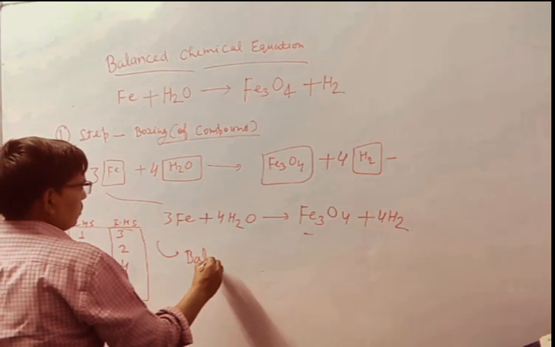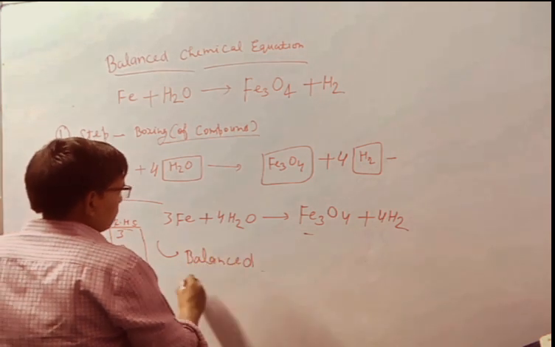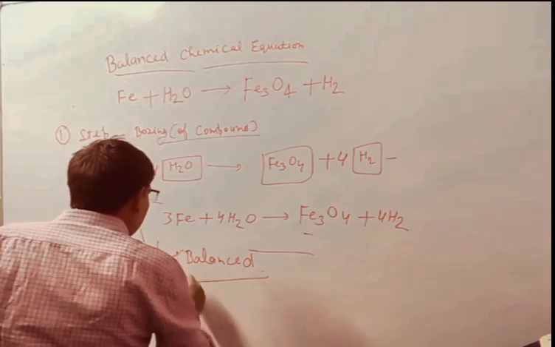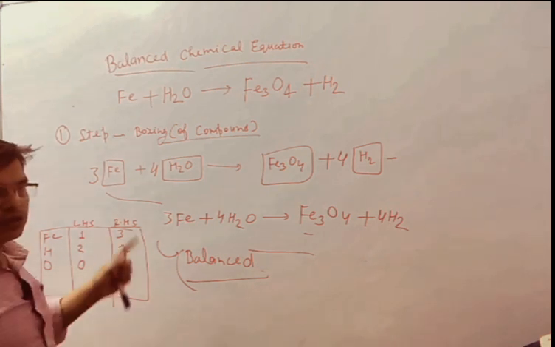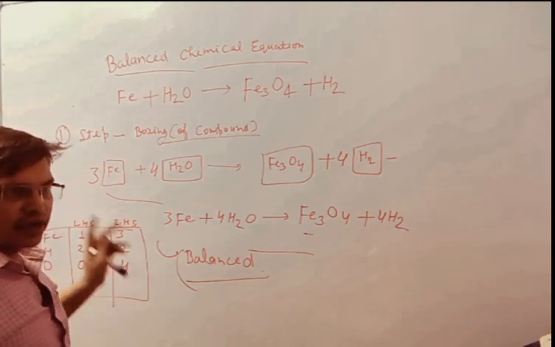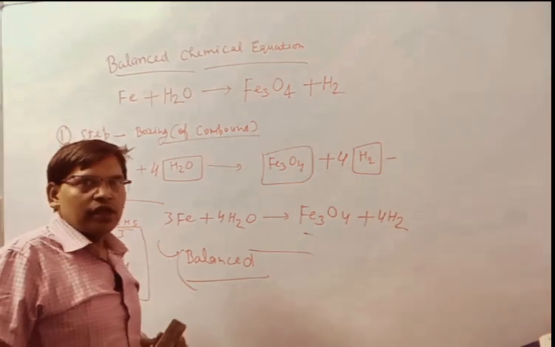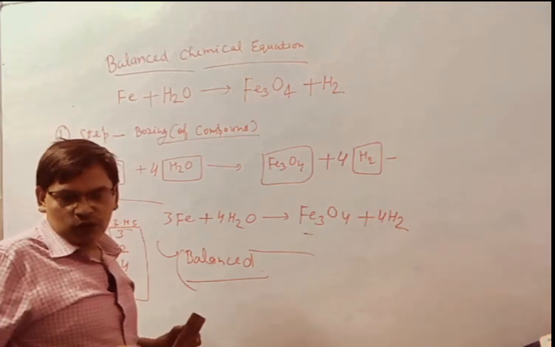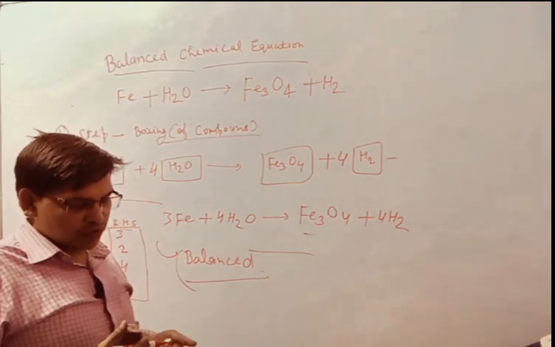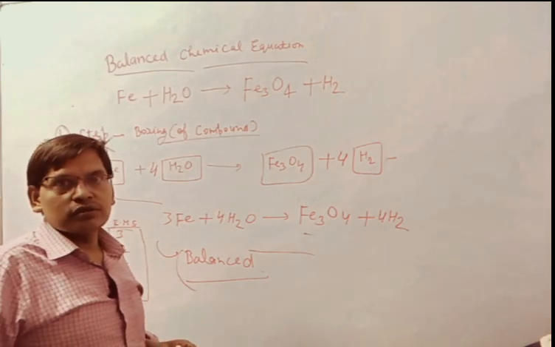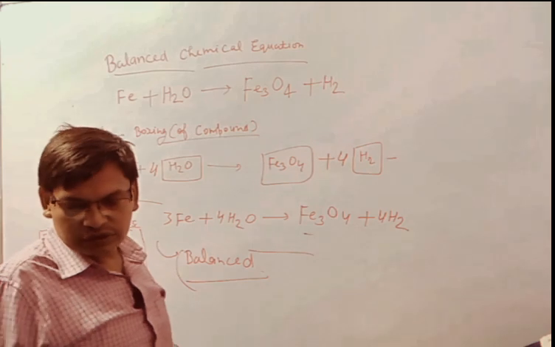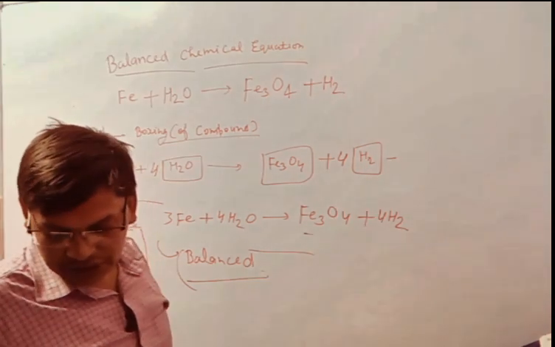Now the equation becomes the balanced equation. This equation is the balanced equation. Like this, several exercises are already given in your book. You can try out. Firstly, for this, you have to learn about the symbols of magnesium, iron, zinc, and other things. Otherwise, you will not be capable to make the chemical formula, because without the formula it is not easy to balance.